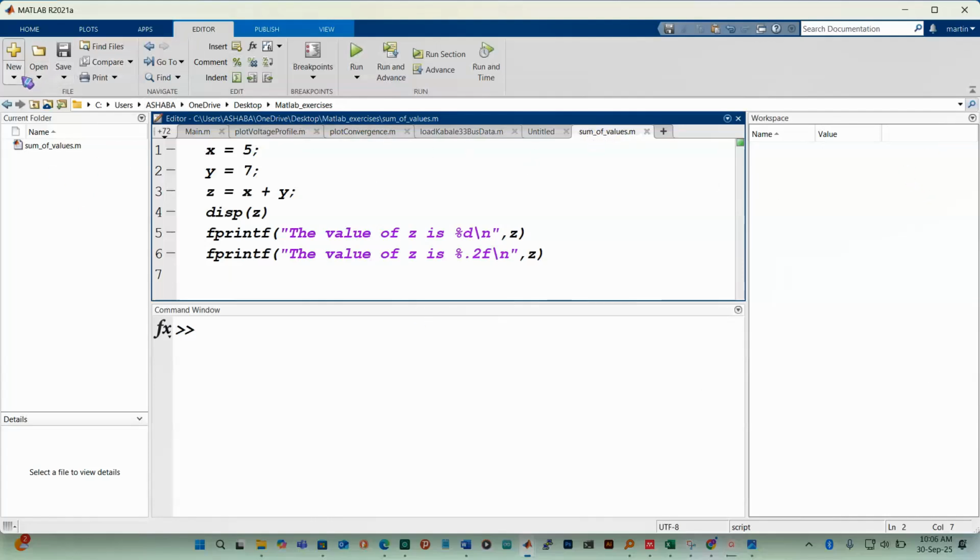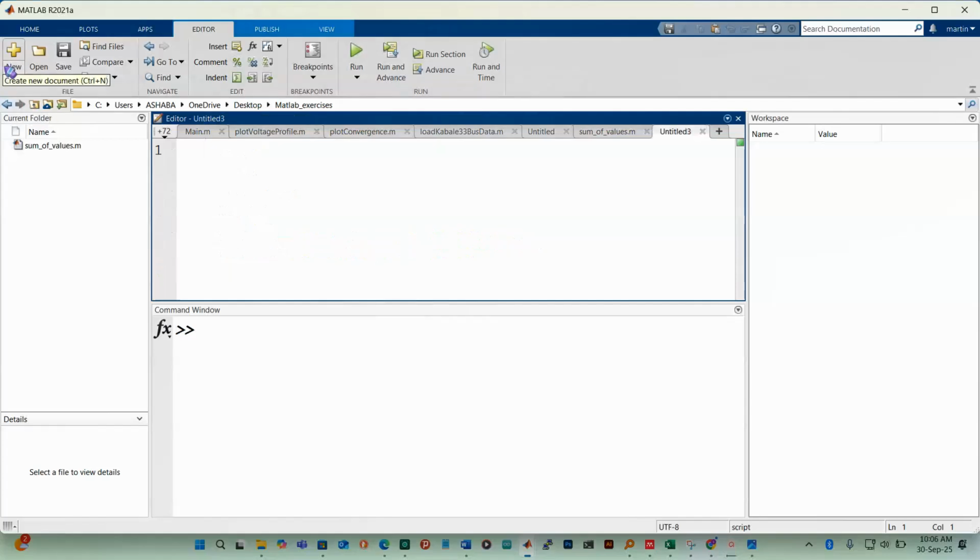So you're going to create a new script. Click new, come to new and then select the script. Let me delete this. Now, according to the question that we have, we are told